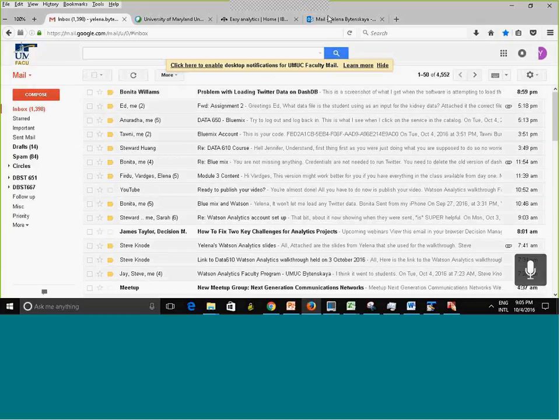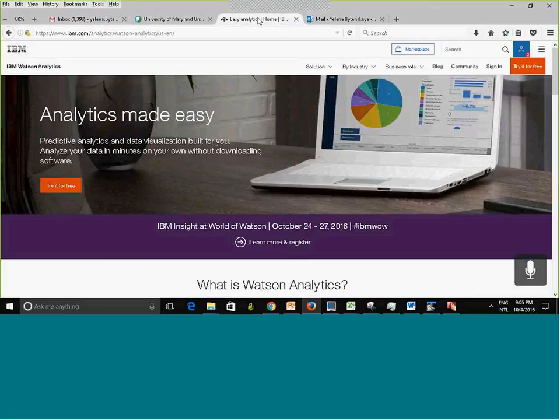Right, so let me see if I can get into the Watson Analytics. So here is Watson Analytics, and I just wanted to show you how it works. So I'm going to sign in, and what I had to do as an admin, I had to set up and configure the connection. So while this is loading,